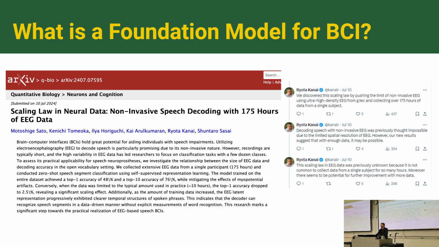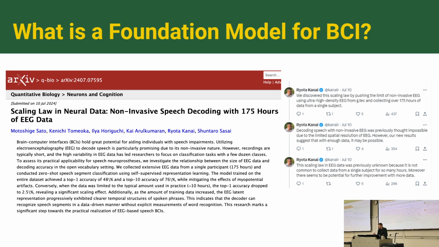It really kind of surprised a lot of people who had not expected to get such good results with this. So there is still a degree of skepticism about this because it hasn't been replicated yet. But just to take some tweets from one of the authors in here who kind of categorized the context of what this paper means and their contributions to the field, where they say, we discovered the scaling law by pushing